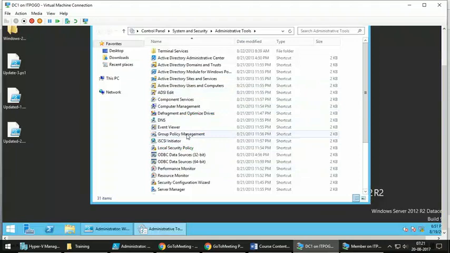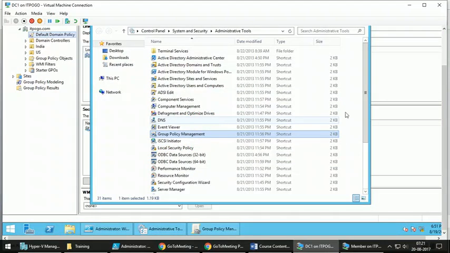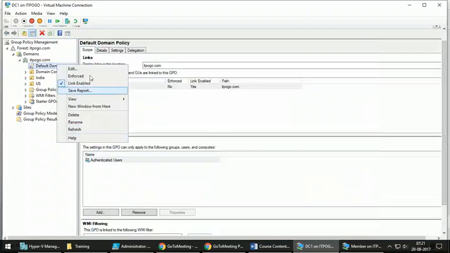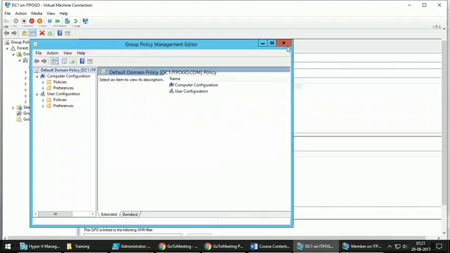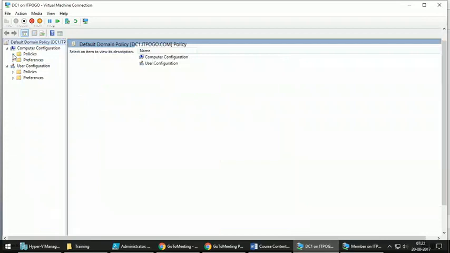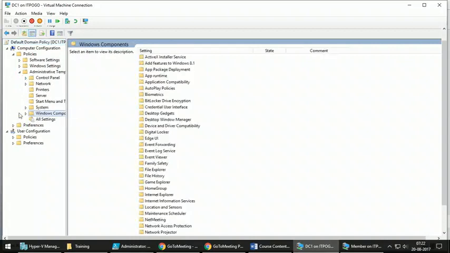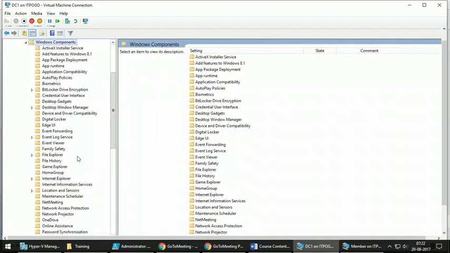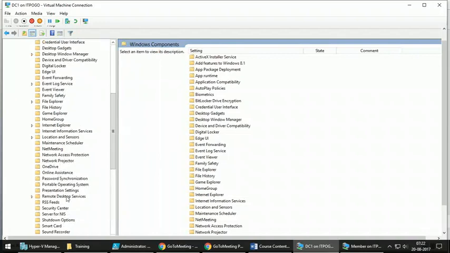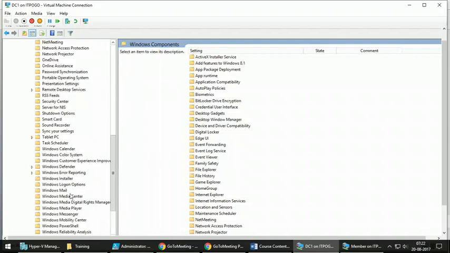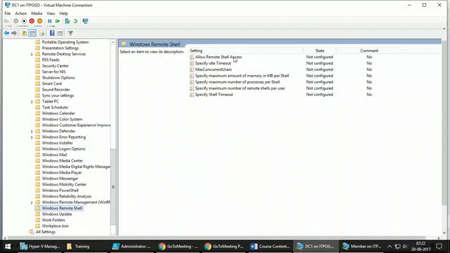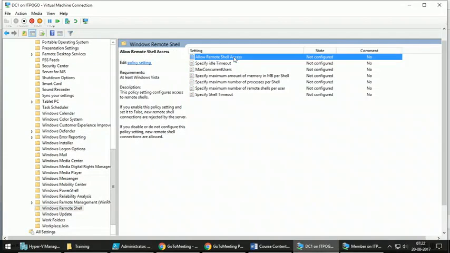Group policy. See, this is the policy that you need to set.